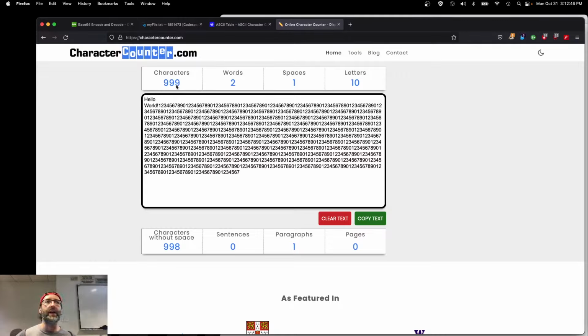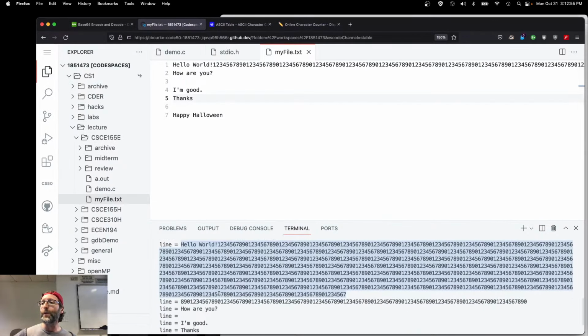Because of the null terminating character. It needed room to put that null terminating character at the end. Otherwise, it would not have been a valid string. Right? So it read the first 999 characters, and then the remaining characters it read the next time you